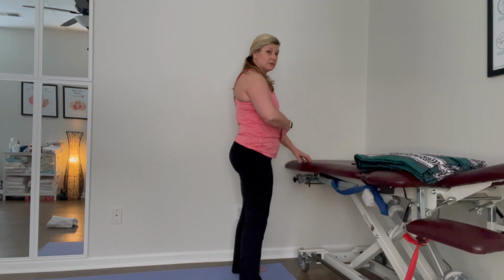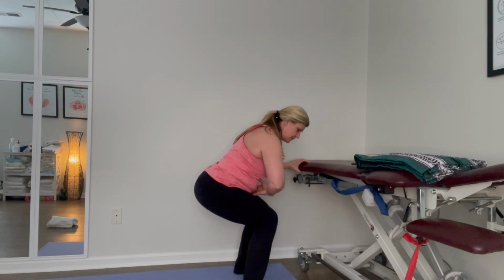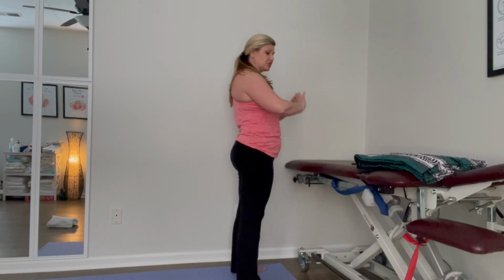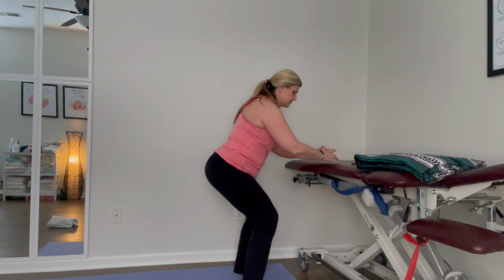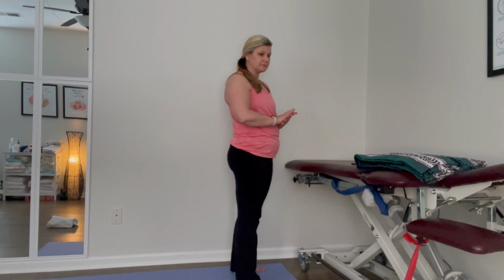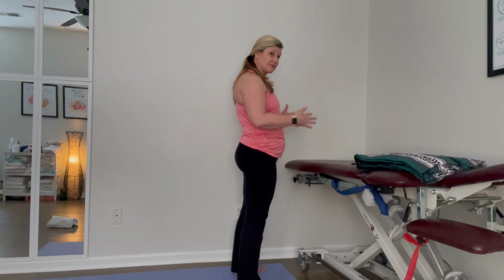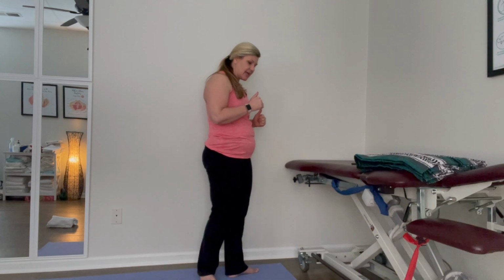And so on the inhale, our pelvic floor lengthens. And on the exhale, pelvic floor responds by contracting just a little bit. And so by just doing this exercise and only thinking about your breath, you can kickstart that whole system, because diaphragm signals pelvic floor what to do. Sort of pelvic floor responds to what the diaphragm is doing. And so do 10 of those, or for a minute if you want to set a timer, because we're sticking with our minute exercises. And when you're done with that one,